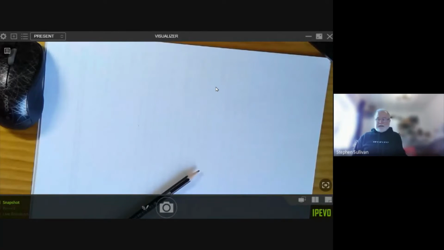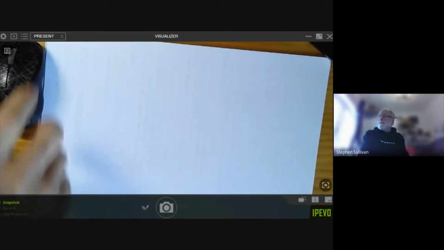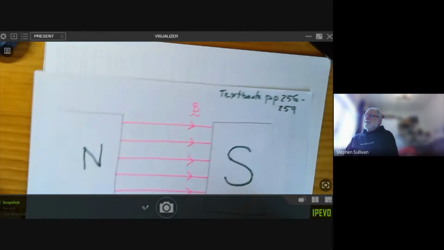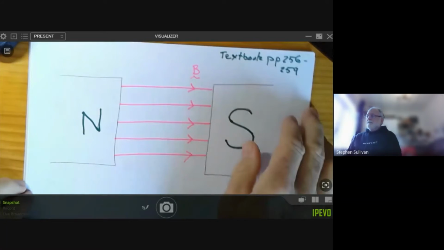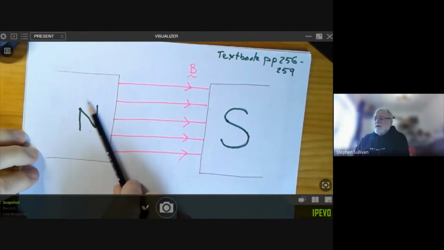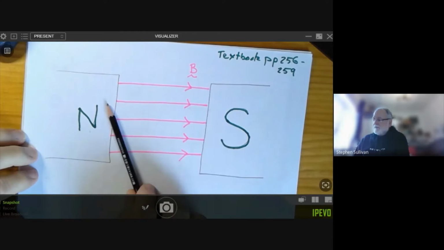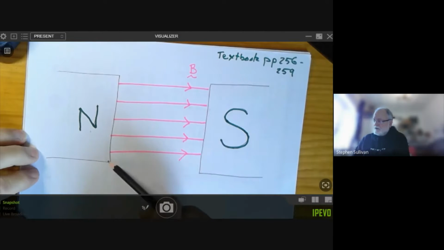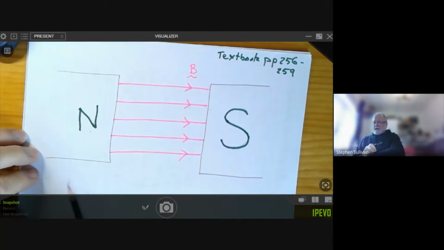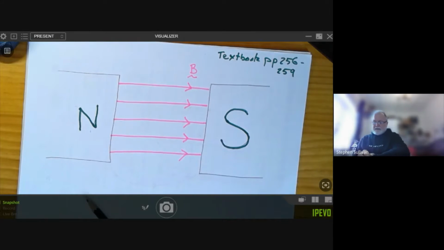Magnetic flux. I've made a very sophisticated simulation here. We've got two magnets, so it's a uniform magnetic field inside. As it is with electrostatic capacitors, it will bend around the outside, but we're ignoring that for the moment. We're really only interested in the magnetic field inside